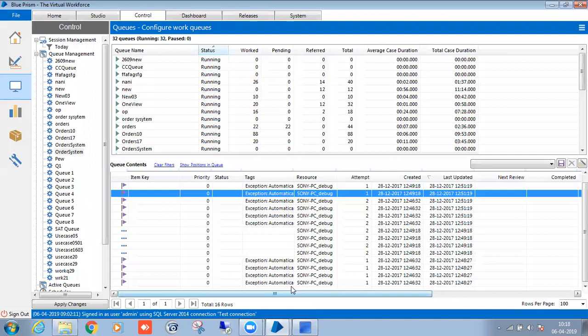But to add data to the queue, you have to get the data into a collection first. We can't take 5,000 records into a collection at a time using the MS Excel VBO, because we get a memory out of exception. So we have to work with fewer items. I take 3,000 records and add them to the queue, and from the queue I can take any number of records. That is fine from the Blue Prism perspective.